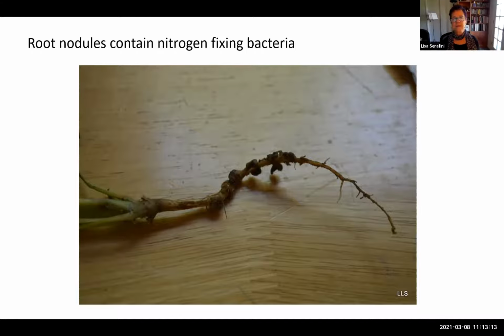So this nitrogen fixation is extremely important, and that's why a lot of people plant, for instance, fava beans as a cover crop. And what they'll do is they'll plant those, then they'll turn that into the soil. They'll return those plants into the soil and use that as a natural fertilizer. So pretty important process. So let's talk about the characteristics of